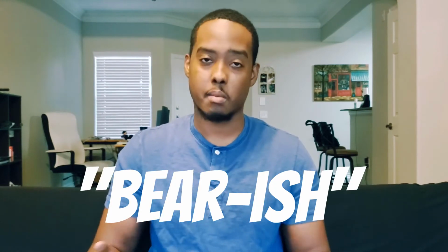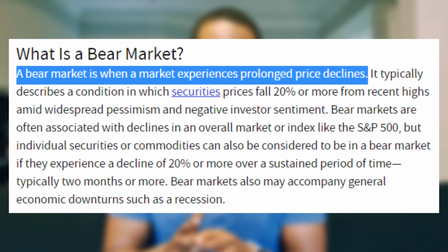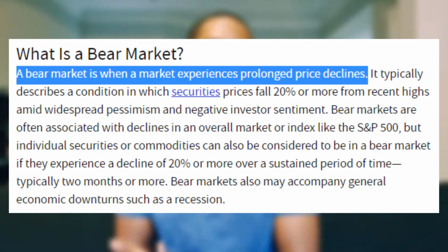Take care of yourself. All right, so as Darren number 2 is upset about, his bullish stock is now bearish, which can be a good thing depending on how you look at it. Basically, bearish is when a stock is trending downward. It happens when the price of that stock goes downward, because people are consistently selling that stock so they can gain some of that money,